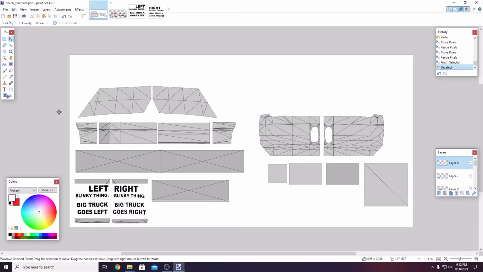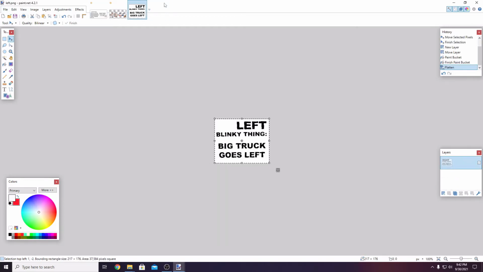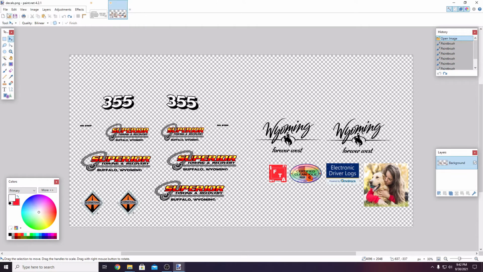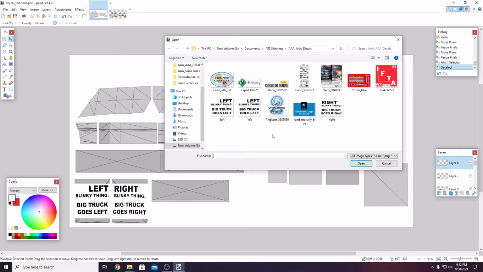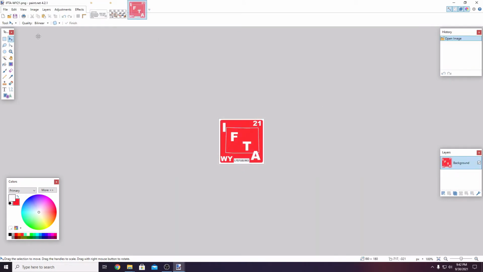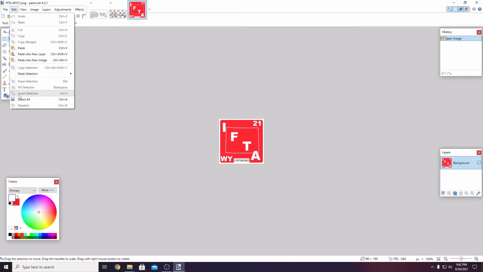We're going to deselect those images, so now we can go, that's our mud flaps, and now we're done with these. So we can put those away. And we're going to open, I believe, let's just make it easy and just get the IFTA sticker for now. We're going to edit, select all, copy,